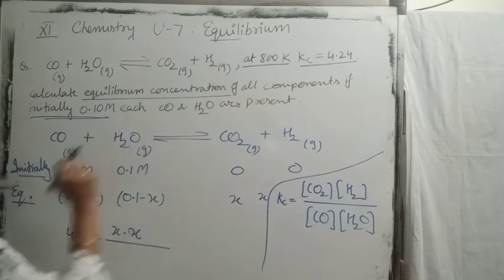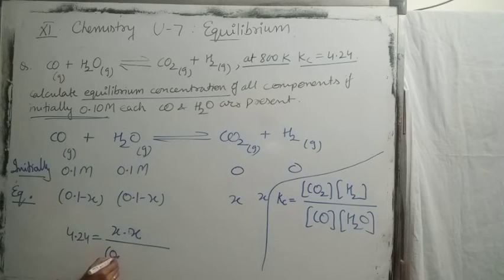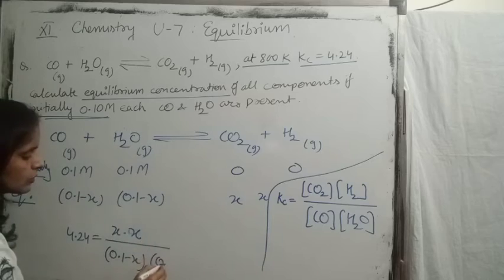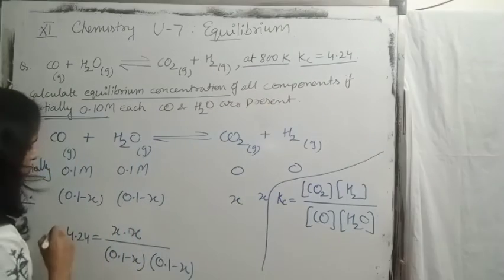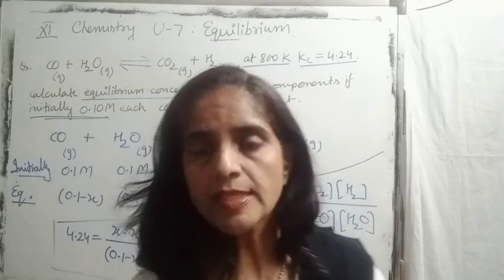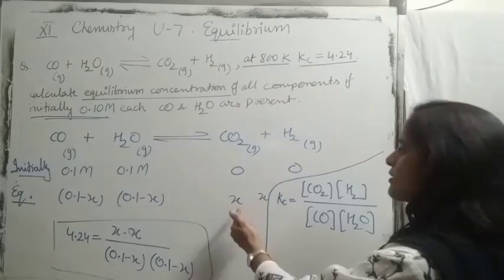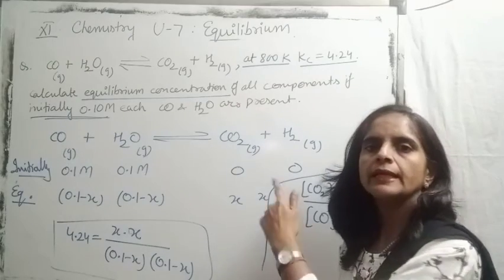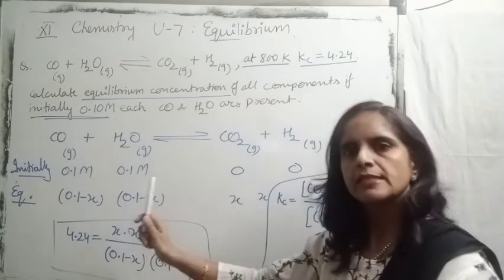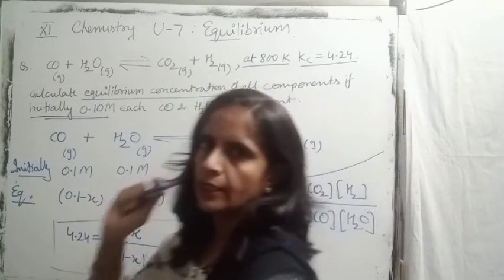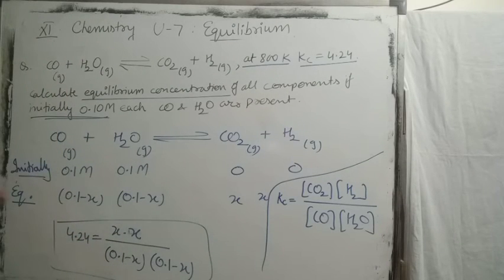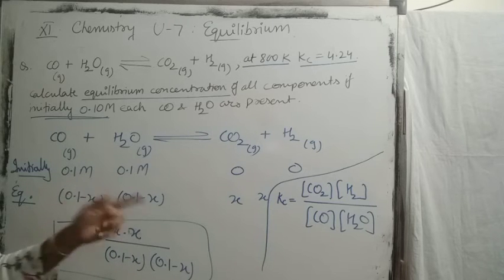Divided by CO, how much concentration at equilibrium? 0.1 minus X, multiplied by that for water, which is also 0.1 minus X. So on solving this, you will get the value of X. That is the answer for the equilibrium concentrations of CO2 and hydrogen. And to calculate the equilibrium concentration of CO and water, subtract this X from 0.1. So in this way, this is the application of Kc, that by knowing it, we can find the equilibrium concentration of